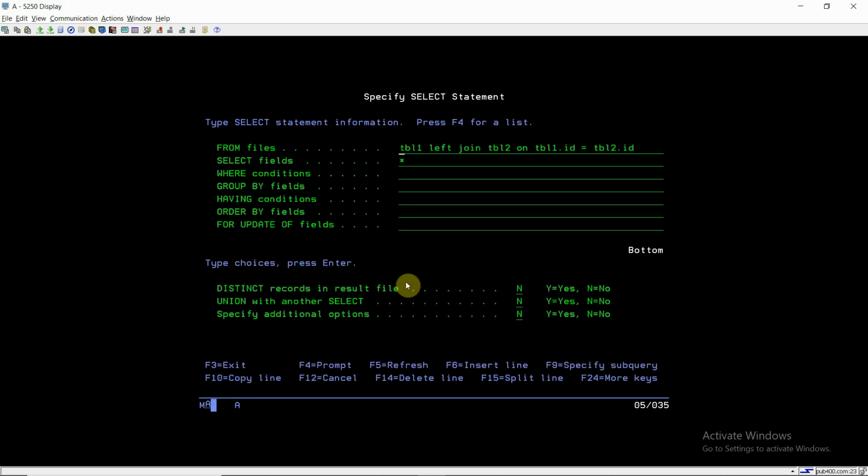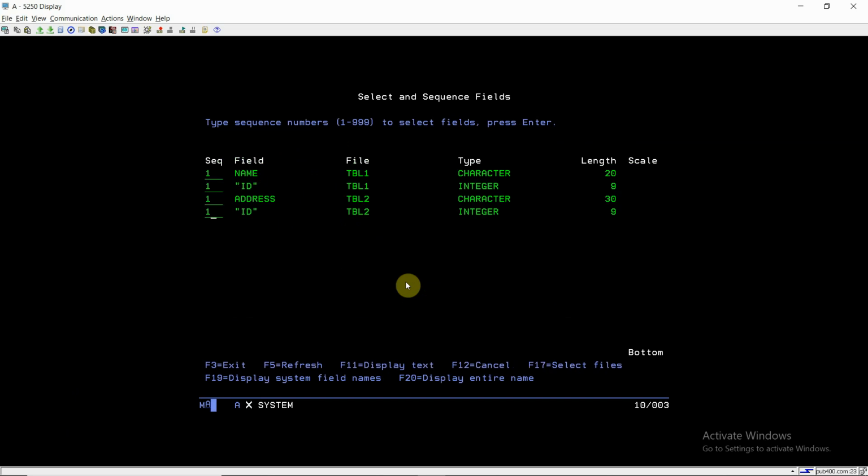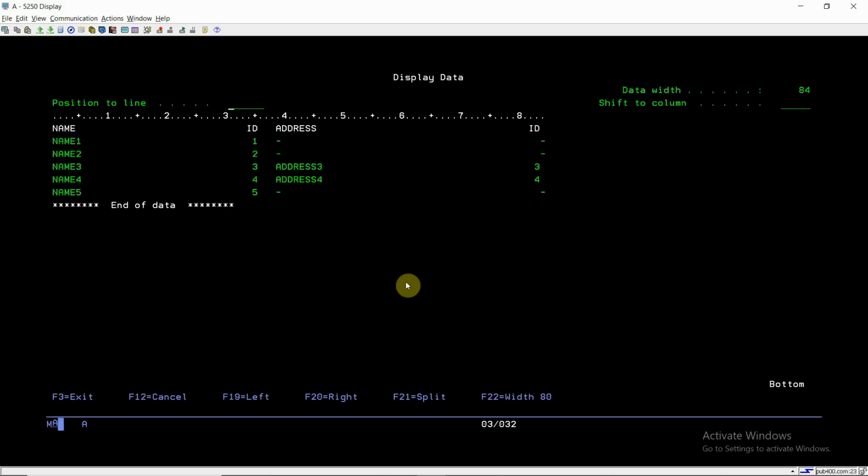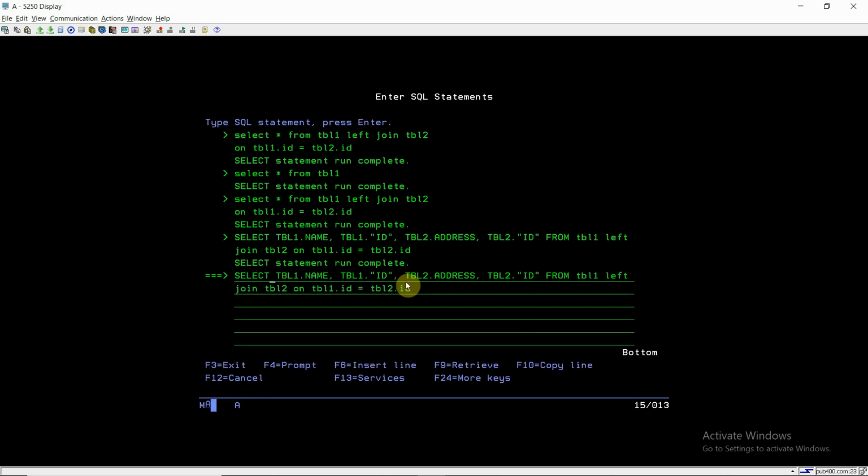So what I will do, I'll just select all the columns, for example this one. Because we have used the left join, we will always have the value in table 1 dot name and table 1 dot id. So we may have chances that table 2 dot address or table 2 dot id may have null values, because we would not be having the matching rows in table 1 for that.